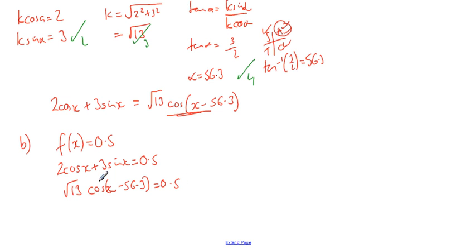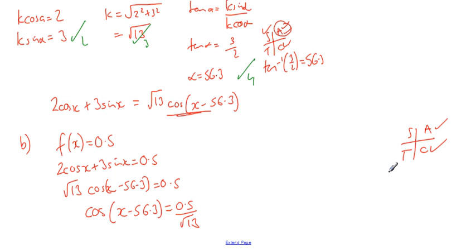First thing to notice now we're solving this equation is that we've only got one trig function, so this is going to be cancelling things out, getting rid of it and just dealing with it as it comes. So firstly we're going to divide by the root 13, and then we're going to get rid of the cos. Now I'll just do it over here. We're going to do a cast diagram. You have cos of a positive, so we're dealing in quadrant 1 and quadrant 4. So inverse cos of 0.5 over root 13